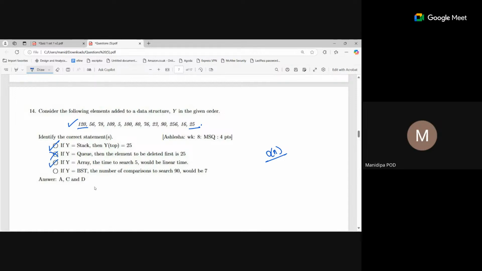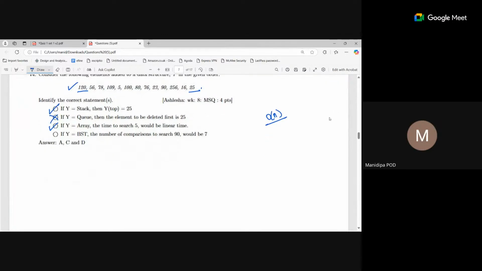If Y is a binary search tree, then what is the number of comparisons to search 90? Will it be 7 or not? So let's quickly draw the tree once. Without drawing the tree also you can solve, but I'm not going to do that because that will mess with you. So 120 is the root, 56 left subtree, 78 right of 56 here, 109 right of 78. Then 5,